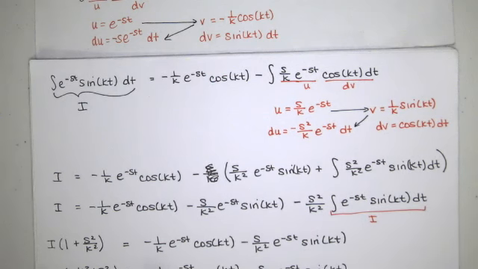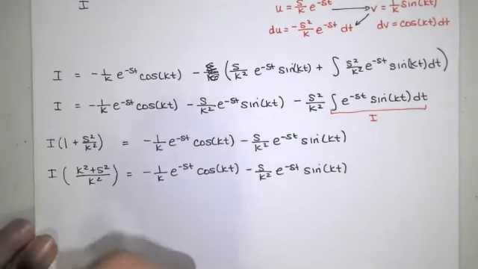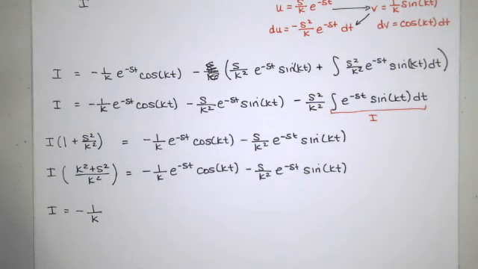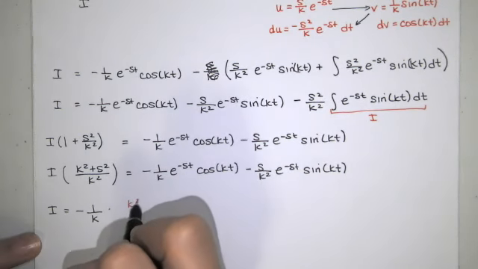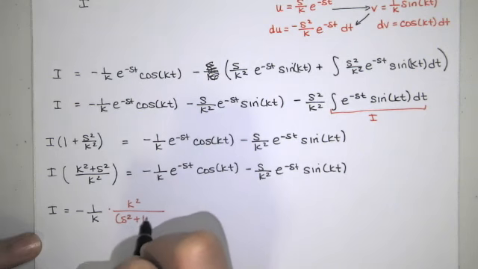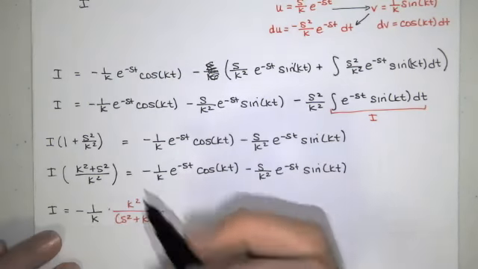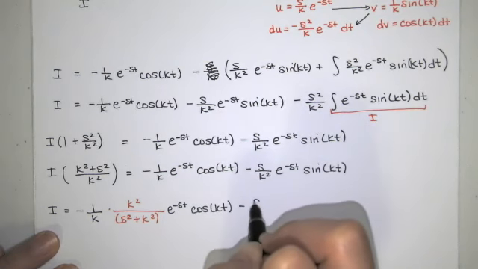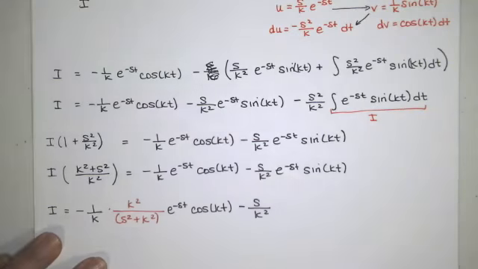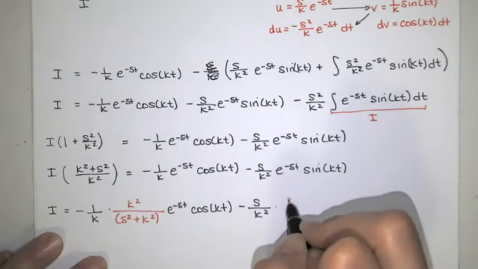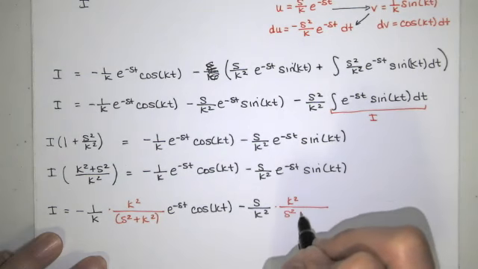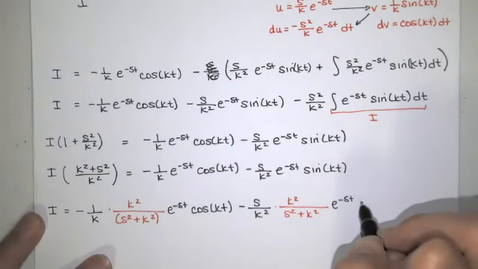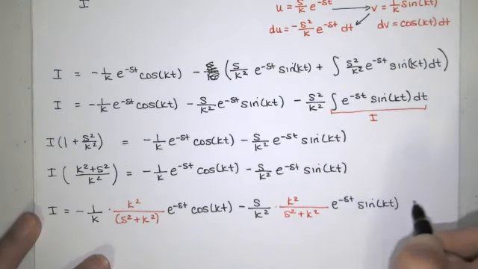And so if I'm trying to get I by itself, I will multiply by the reciprocal of this for each term. So I have negative 1 over k times the reciprocal of this. So that's k squared over s squared plus k squared times this exponential times cosine of kt. And I have minus s over k squared times the reciprocal of this again, times the exponential times sine of kt, and it was an improper integral, so I guess we should have a